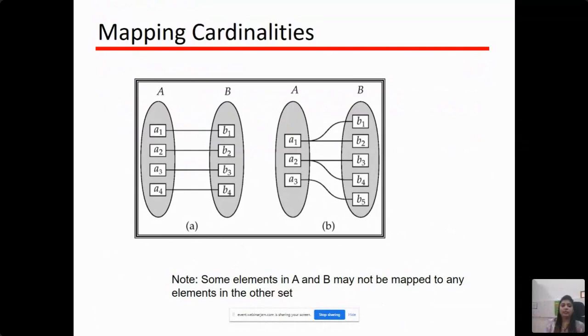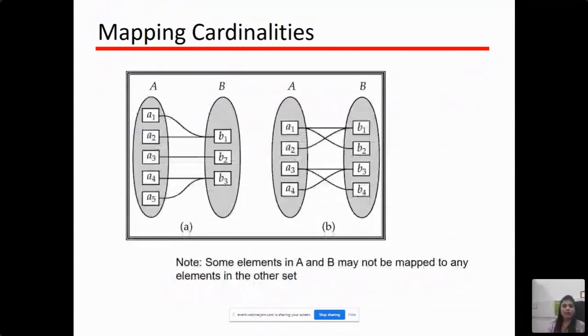Next we can have another example, one-to-many. That means A1 is associated with B1 and also B2. That means one student is working on multiple projects. Let's say A is a student entity and B represents the project entity. So from this we can say that one student is working on multiple projects. So this can be one-to-many. The first one is a one-to-one example, and the second one is a one-to-many example.